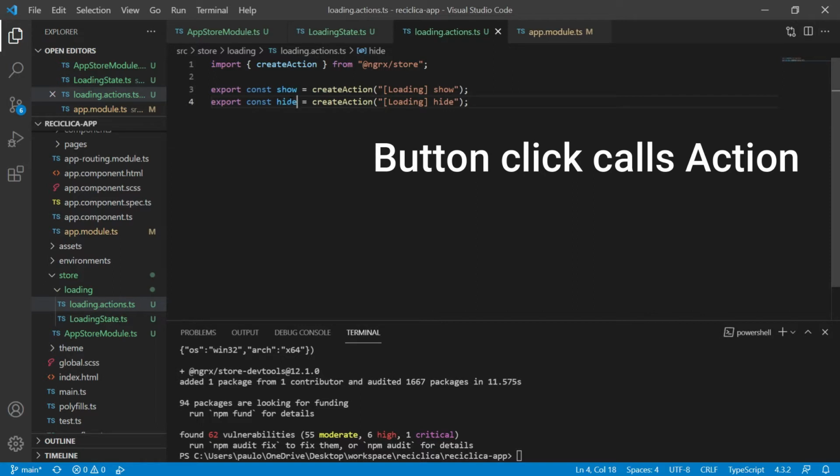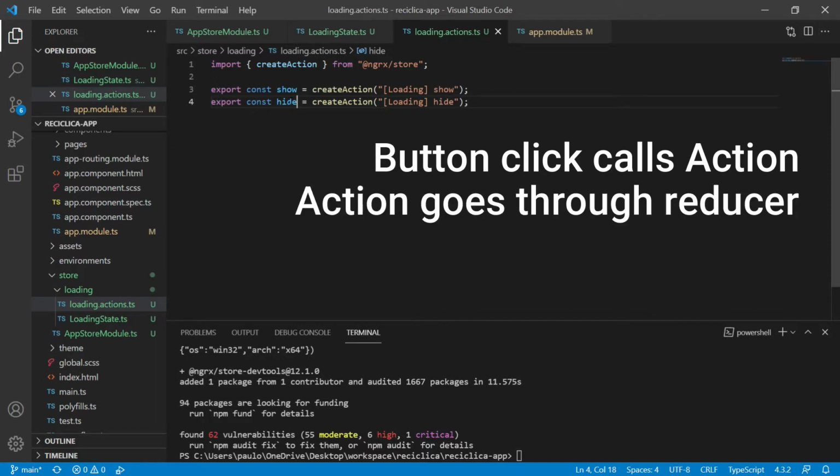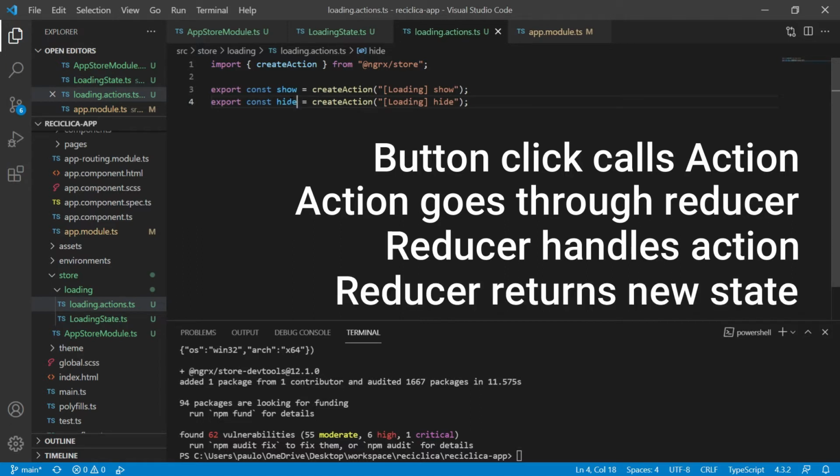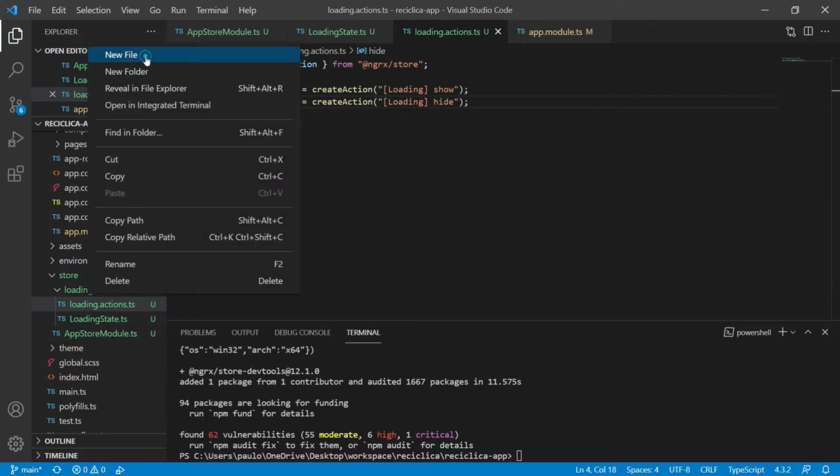I'll need to call an action to show the loading component. That action is going to be received by the reducer. The reducer will find out what to do with that action, and it will update the loading state inside of our store. So let's create a new file called